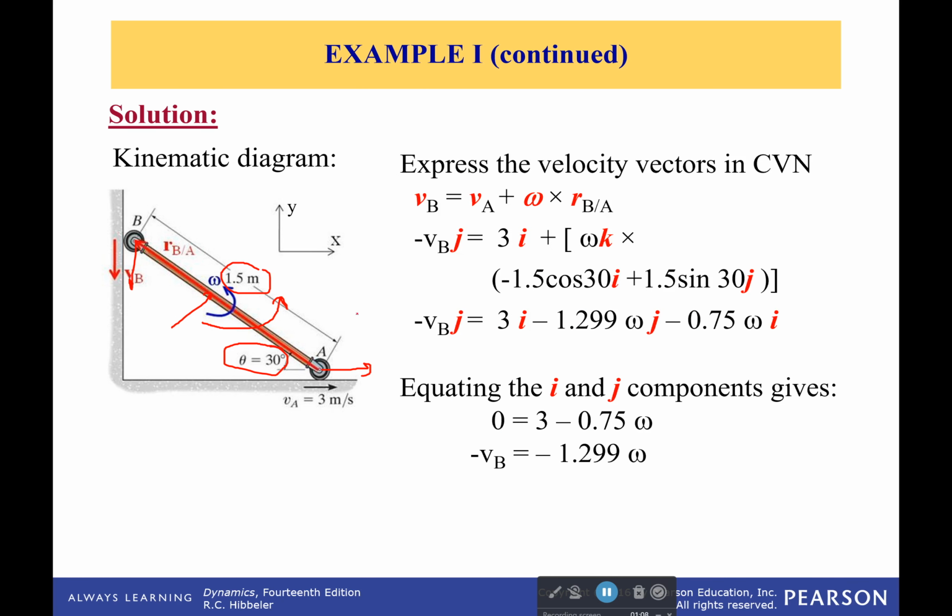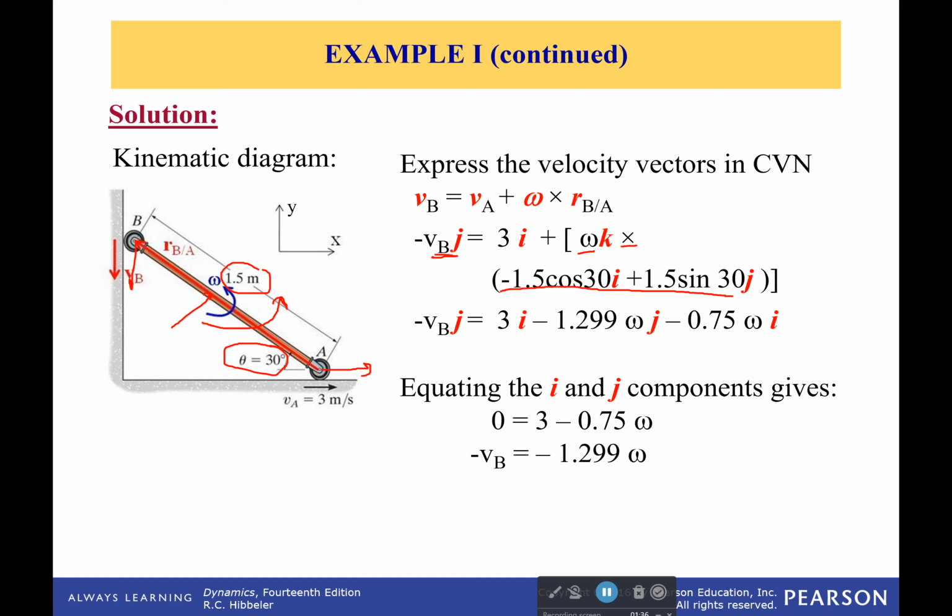So first off, we're trying to find the velocity of B. Well, we put everything in terms of vectors. So velocity of B is simply going to be a negative j component, so negative VB. That's the magnitude right there. Velocity of A is simply 3 to the right, plus my angular velocity in the k direction. Counterclockwise is positive. We're going to cross that with the position vector right here,